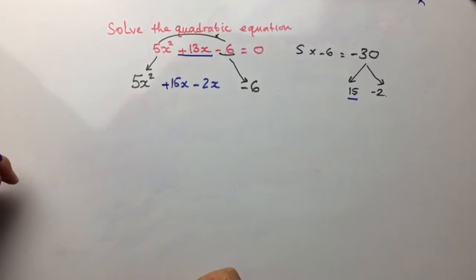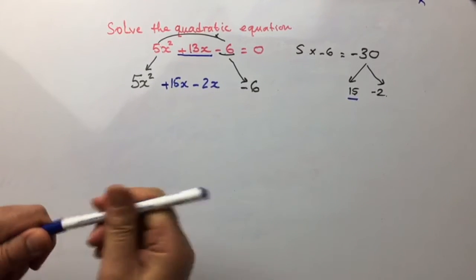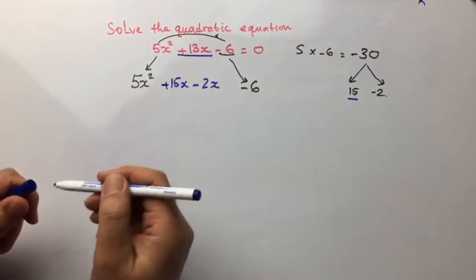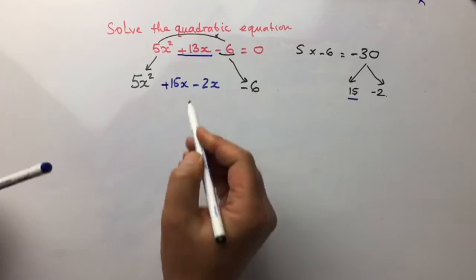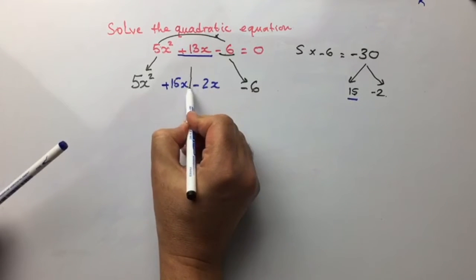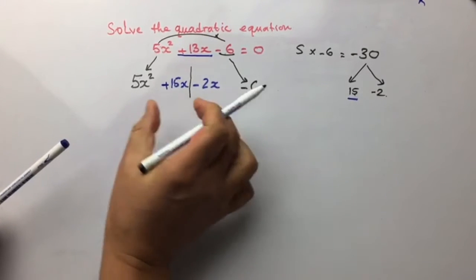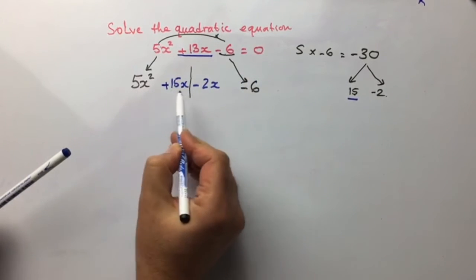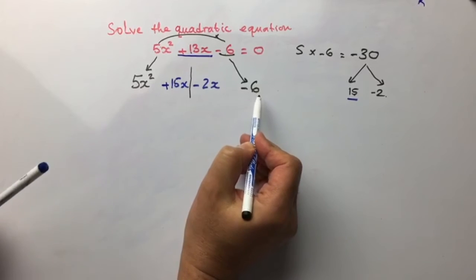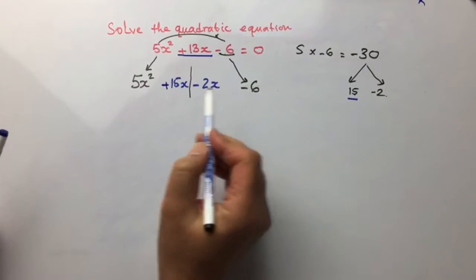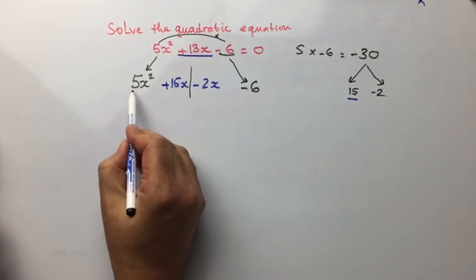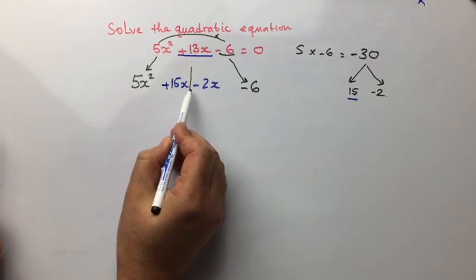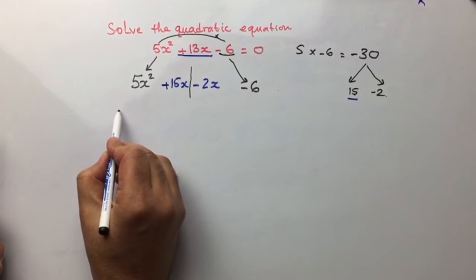Okay then. Once you expand the 13x into 15x and minus 2x, you have to draw a line here in the middle. You have four terms, you split them up into two parts, and then you factorize each part. So let's factorize the first two terms. 5x squared plus 15x, if I factorize it, I should get